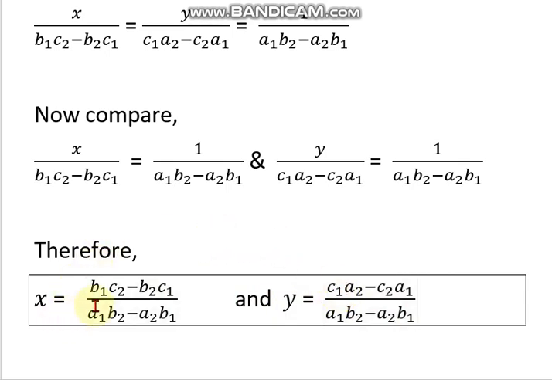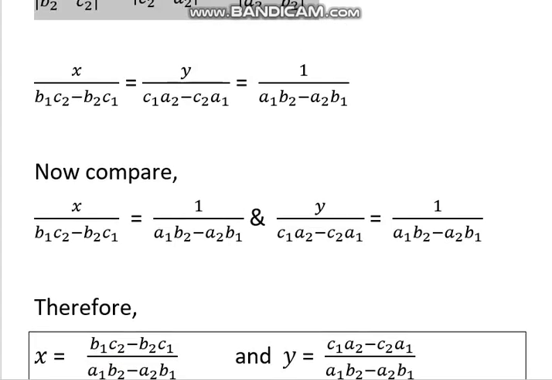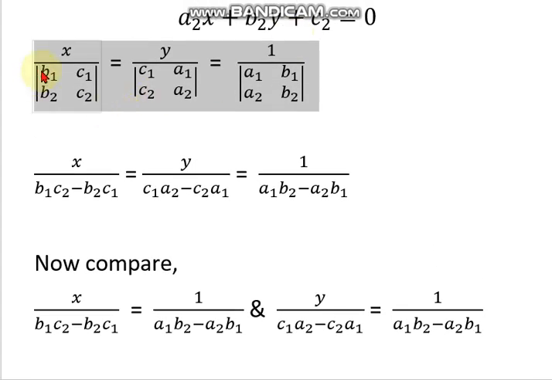Now it is not necessary that you remember this formula. The necessary part of this method is how to write this step. That is x upon, forget about the coefficient of x, you write here the coefficient of y and the constant term, then for y you start with the constant term and the coefficient of x. Now here we are ending with the coefficient of x, so for the constant term we'll start with the coefficient of x and then the coefficient of y. This is the main important part, and how to solve this. Now let us solve the sum so that you can have an idea how to use it.